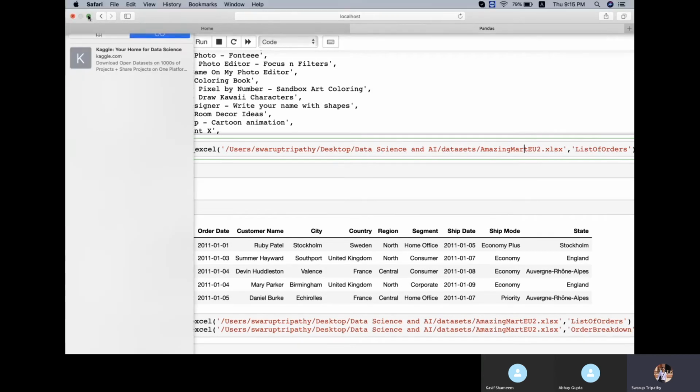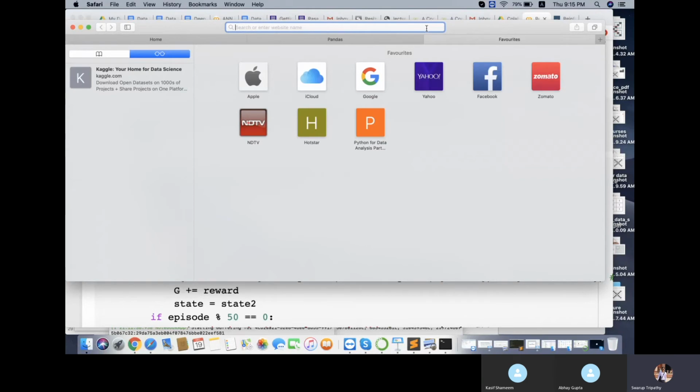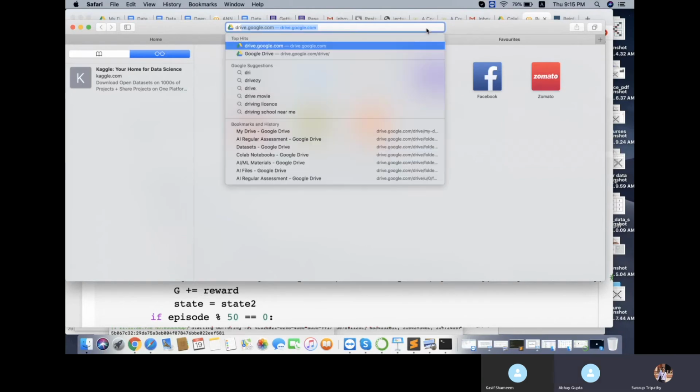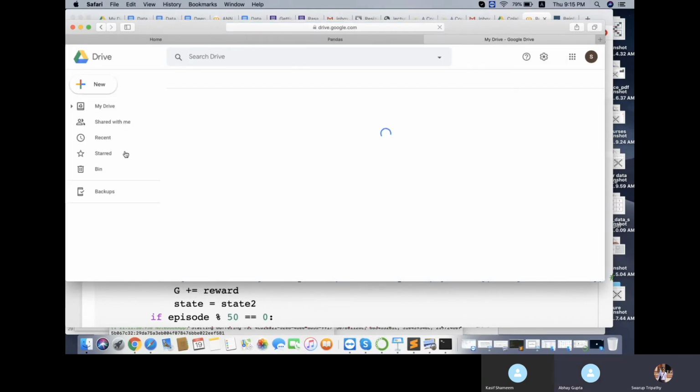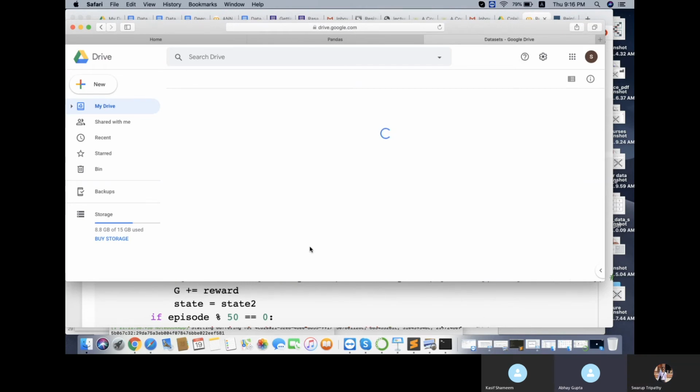So any Excel file, if you see, we'll look into this file. I'll just open this file.